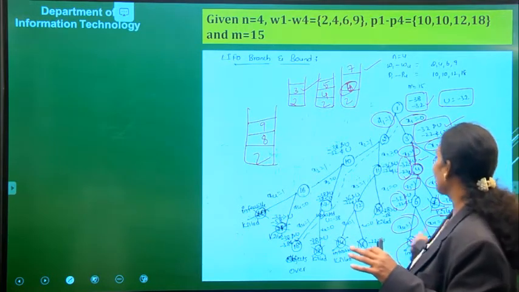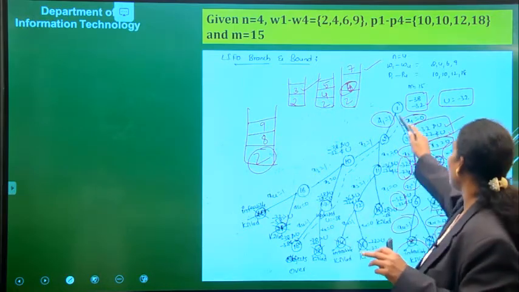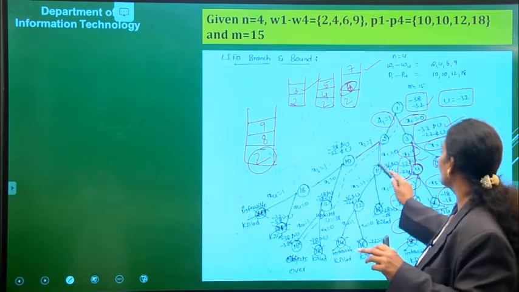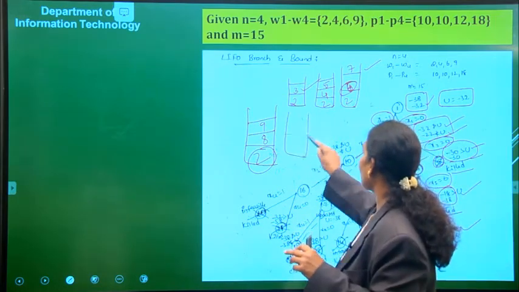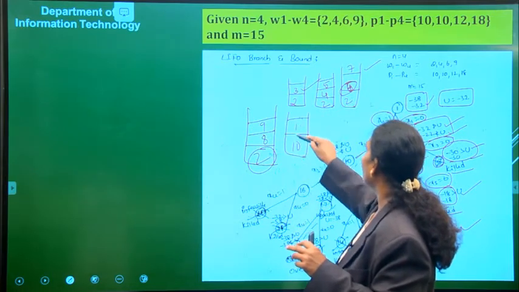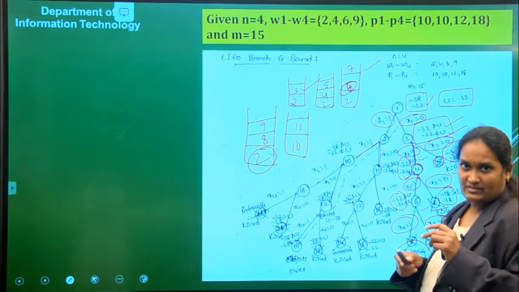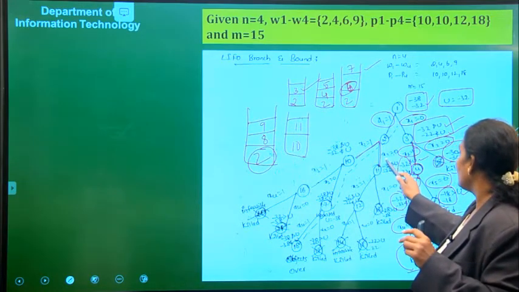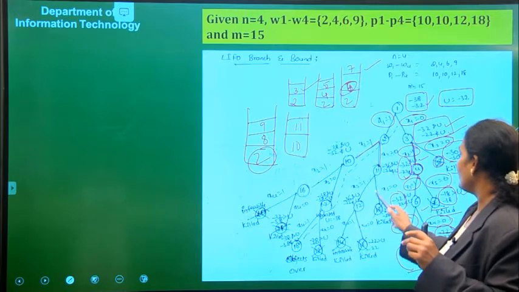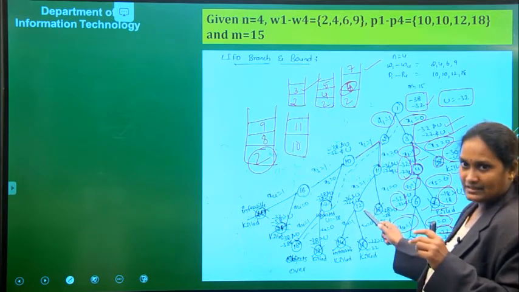Since all these nodes are killed, the remaining node we have is 2. We need to expand 2. By expanding 2, we will get the nodes 10 and 11. Now, what becomes the stack now? 10, 11. Now, what is the node expanded first? 11 is the node expanded first. Now, I expanded node 11. Now, what are the values that I am getting? Minus 32, minus 22.